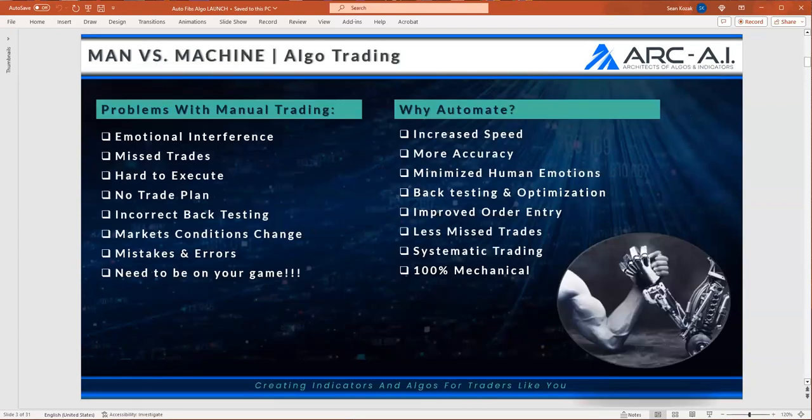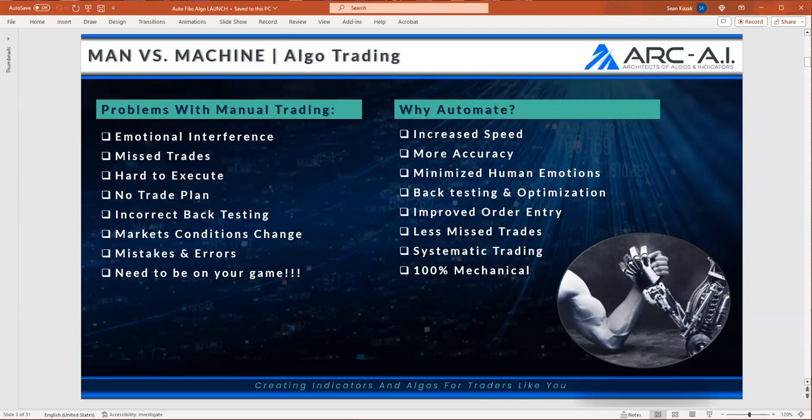So there's a big discussion about automation, and we're not going to spend too much time on this because the majority of you know it, that there's problems with us as individuals, right? The majority of the problems in trading, 9 times out of 10, it's not just the system, right? There's an underlying factor that gets put into that, and that's called human interference, emotions, mental roadblocks, speed, our ability to handle the tech, you name it, our own trading. And the reality is that manual trading cannot be the same as automation.